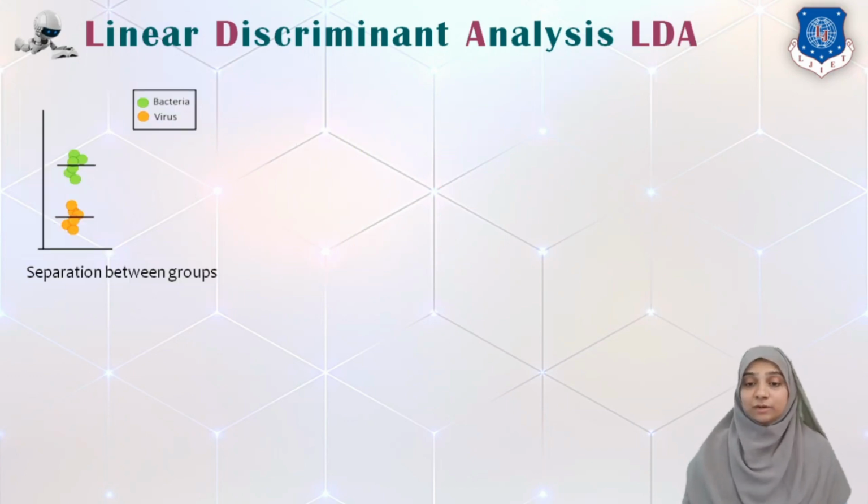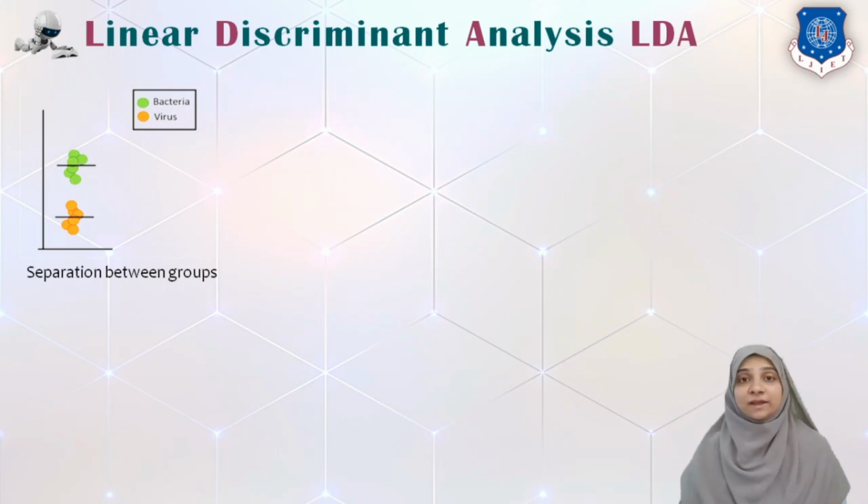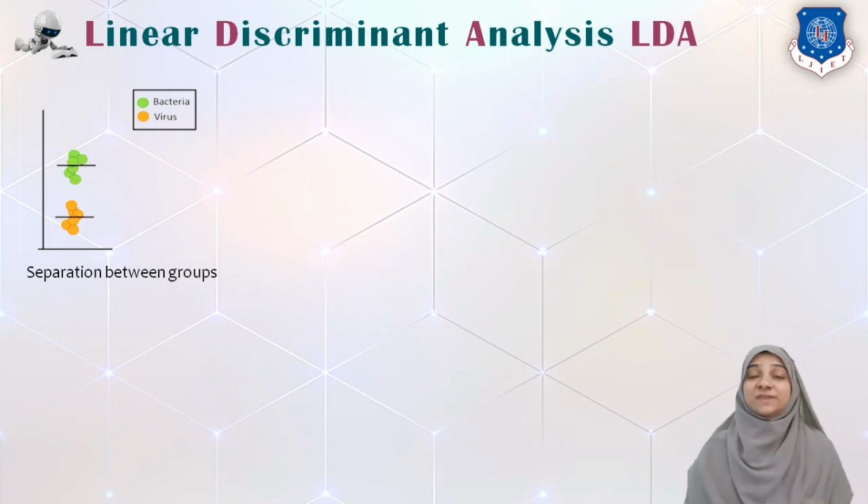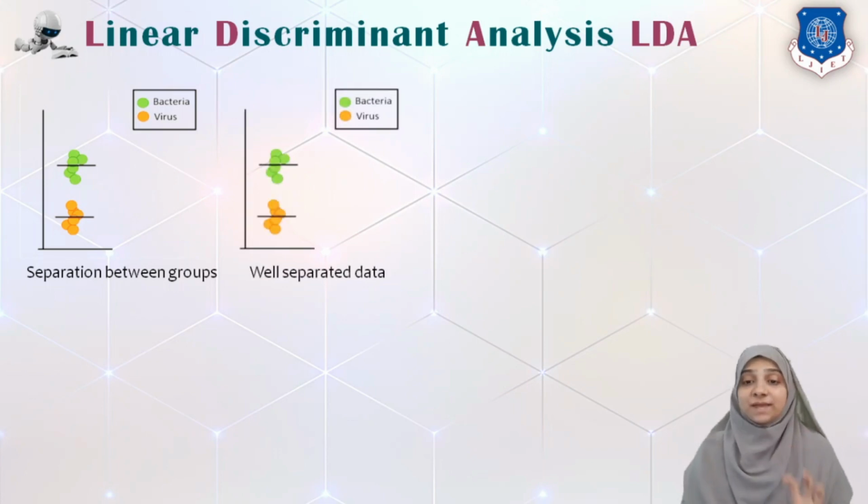Let us move forward. What do we mean by separation between groups? So we will calculate the mean of two different groups. Here in this case we have only two groups. Group 1 is viral infection and group 2 is bacterial infection. But in any other data set we might have more than two classes. So we have to identify the center point of each and every class, which is called the mean of every data set. And that is what we call how groups are separated.